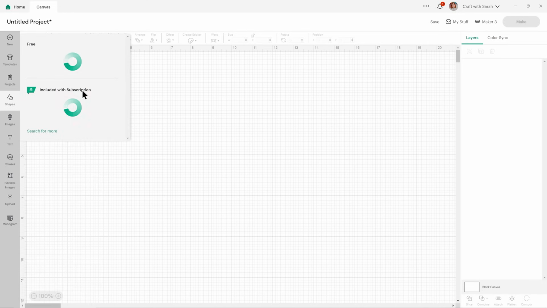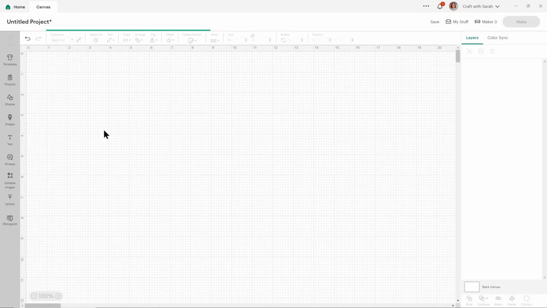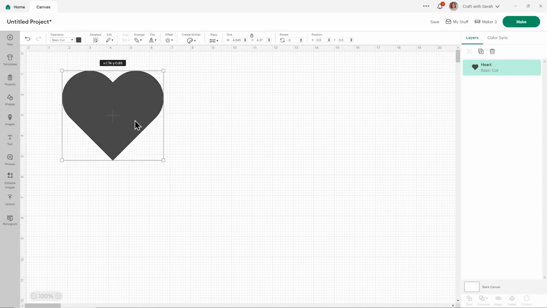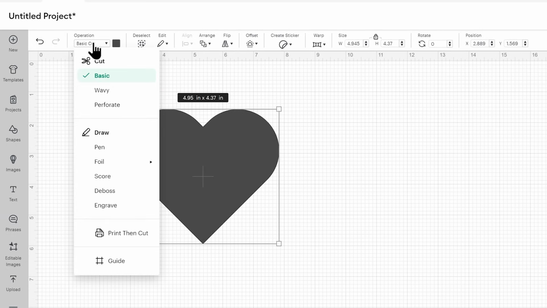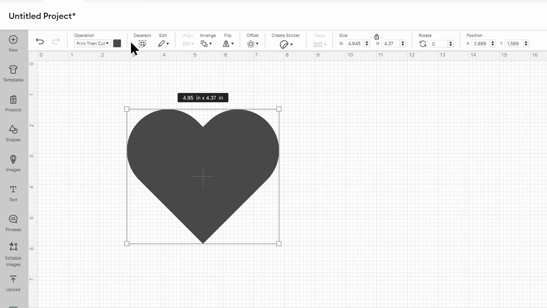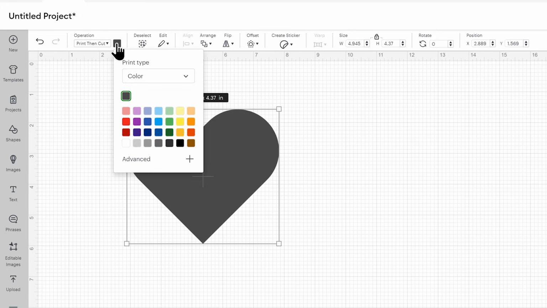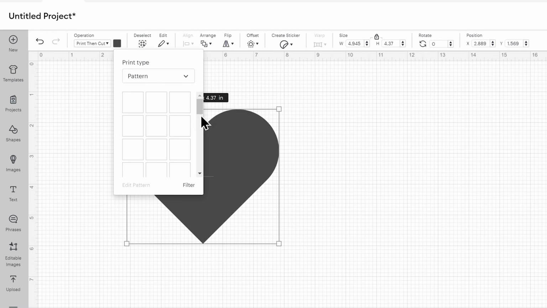So if I go into shapes, and choose a heart. And then under operation, change it to a print and cut. And then you can click onto the color box and under print type, instead of saying color in this drop down, choose pattern.